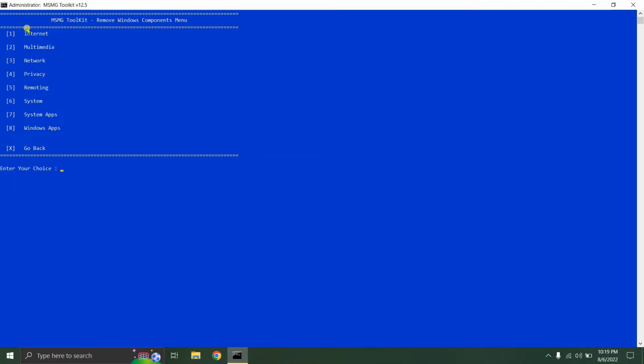on number 1, that's internet. We are going to remove the components from the internet extension, that is Edge Chromium browser and Internet Explorer. We are going to remove both of these. There is one, and then press enter, and two, and again press enter. And after removing these, click X to go back and enter,